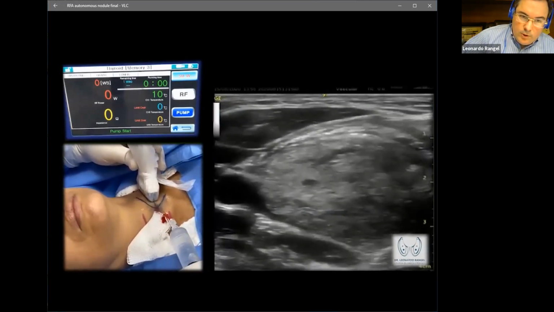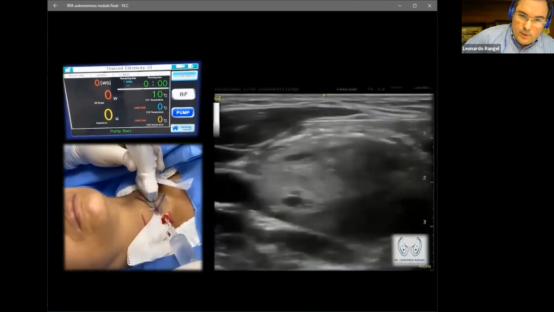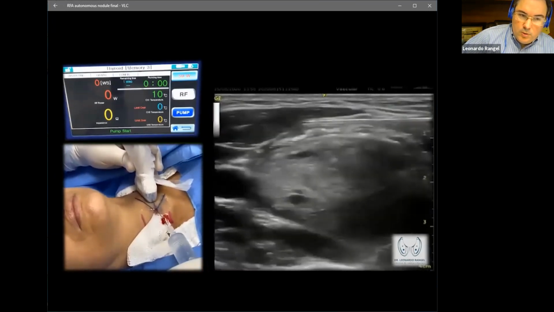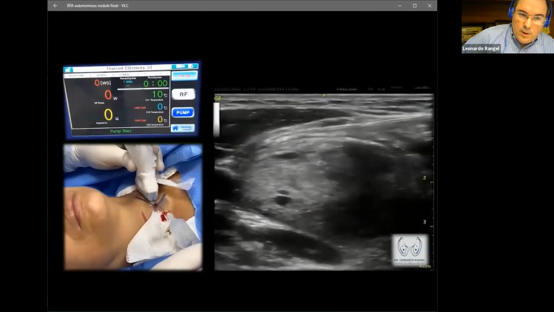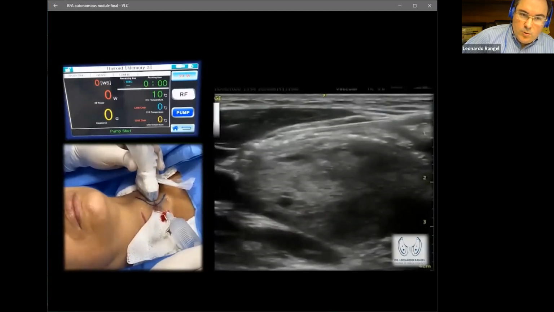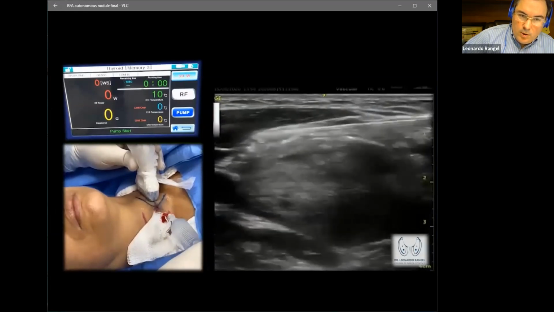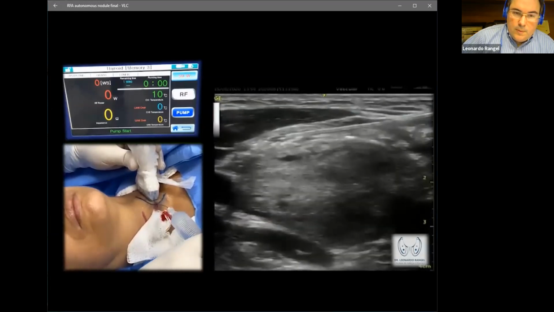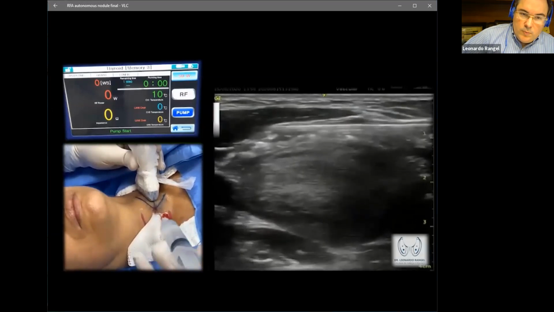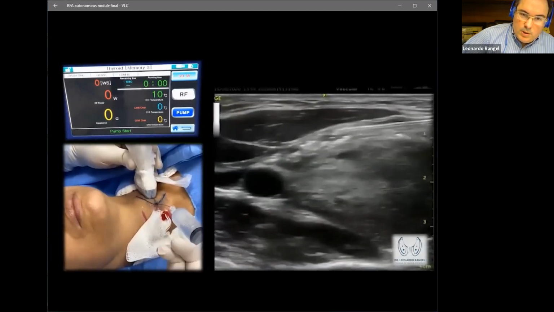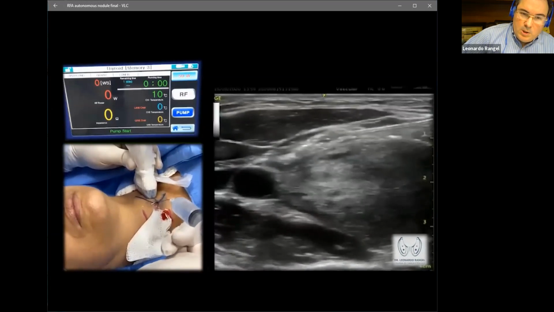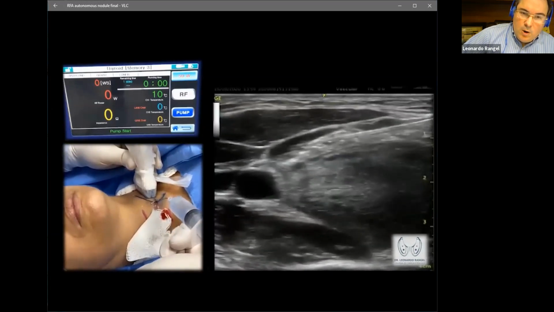Okay, so we use the spinal needle to go over the nodule and try to reach the area over the nodule. So it is important. Observe how we can bend the spinal needle here in order to make a curve over the nodule, and really try to get that capsule between the strap muscles and the thyroid, so we can find that space and really open